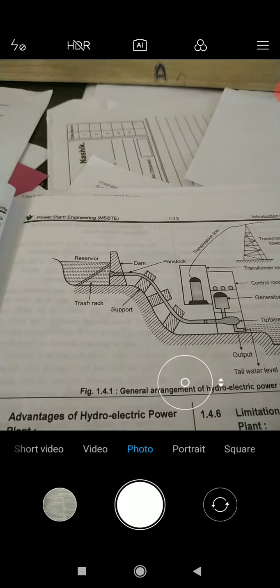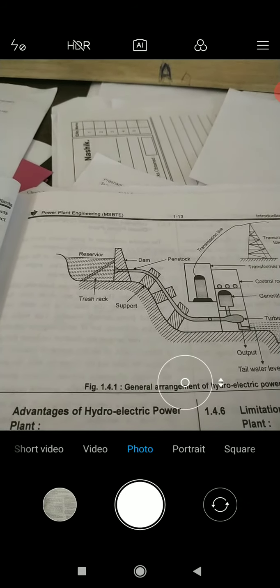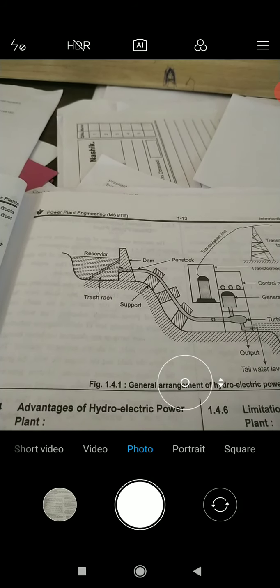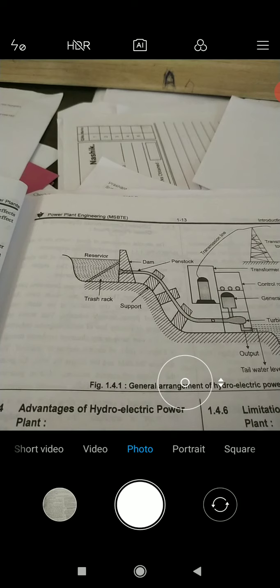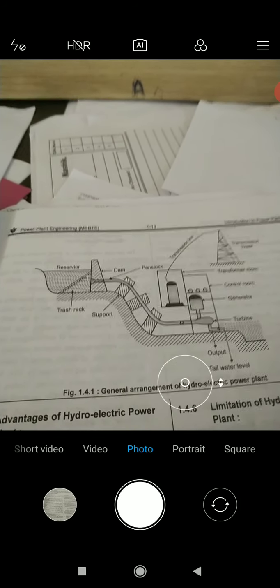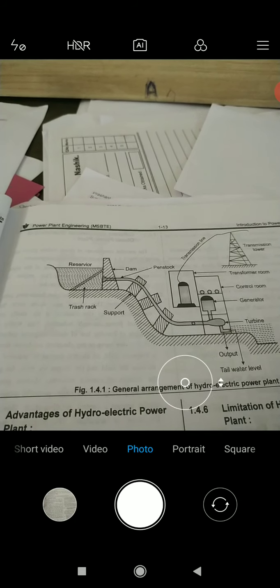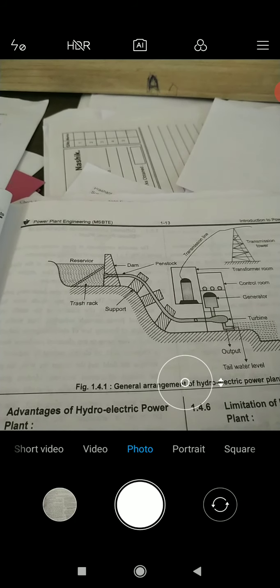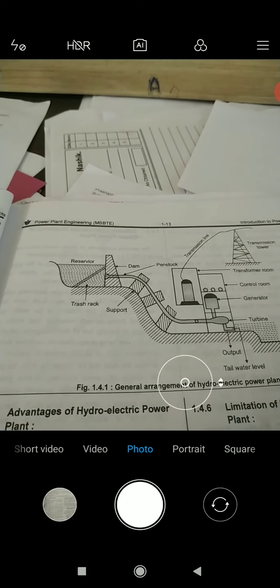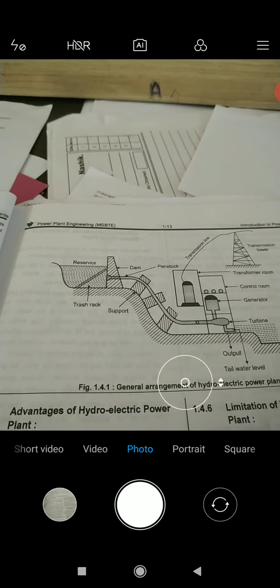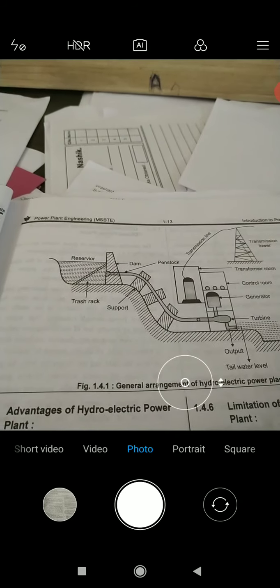Now the next point after the dam is the penstock. It is an open pipeline made of steel to flow the water between the surge tank and the prime mover, known as the penstock. It is made of strong material to withstand high pressure caused by water hammer during load fluctuations. In cold weather conditions, it is better to make it underground to prevent ice formation in the pipe and to reduce the number of expansion joints required.